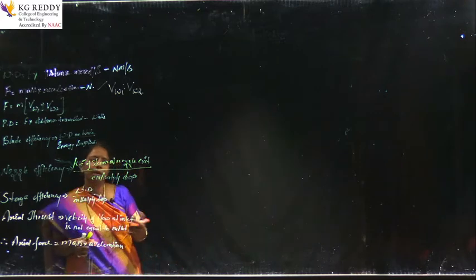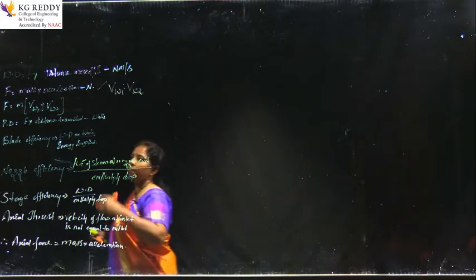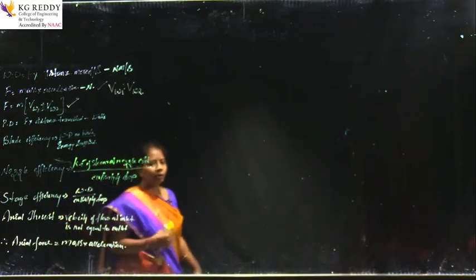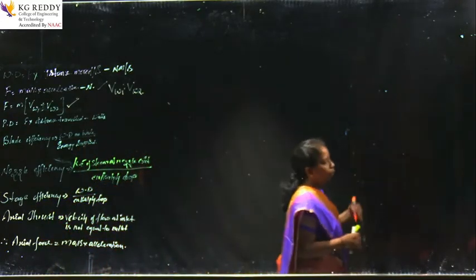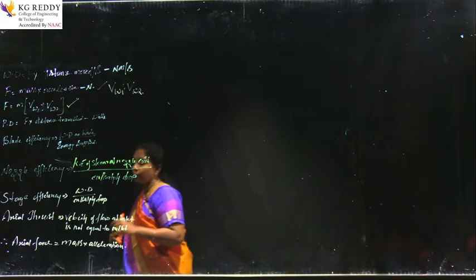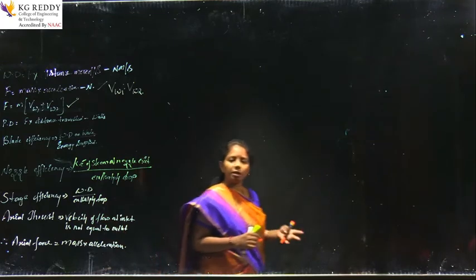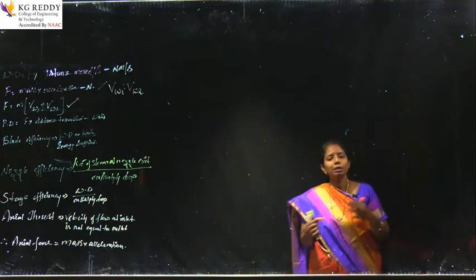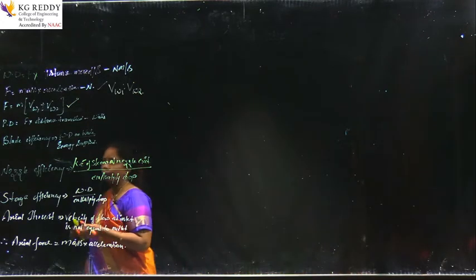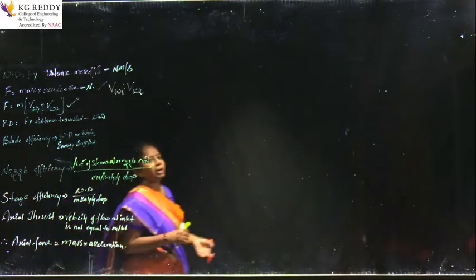If I correlate and write the relation for the force in simple terms, F equals M multiplied by (VW1 plus or minus VW2). We have discussed this relation in the previous class. What is this VW1 plus or minus? Either it should be plus or minus. If VW1 and VW2 are in opposite directions to each other, then we take VW1 plus VW2, and if they are in the same direction, then we go for VW1 minus VW2. Is this clear? When to take plus and when to take minus, right.